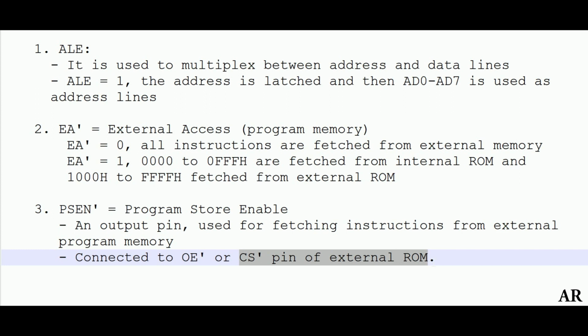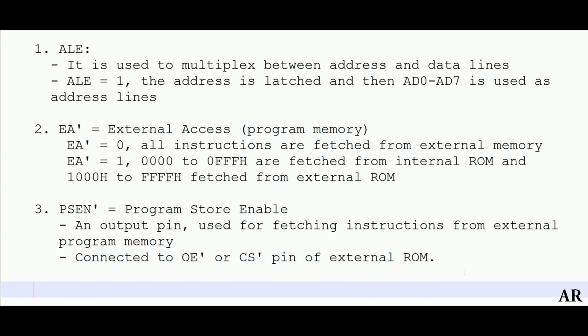We have seen the importance of the chip select pin in interfacing chips as well as in memory interfacing questions. Whenever the chip select pin of any IC receives logic 0, that IC will get enabled or activated. So whenever the external ROM is enabled, it is in a capacity to send the required instructions to your 8051 microcontroller. I hope you are clear with this PSEN bar signal. It is a very important signal along with your external access signal. Now let us move to the next set, which is your ports: the P0, P1, P2 and P3 ports.